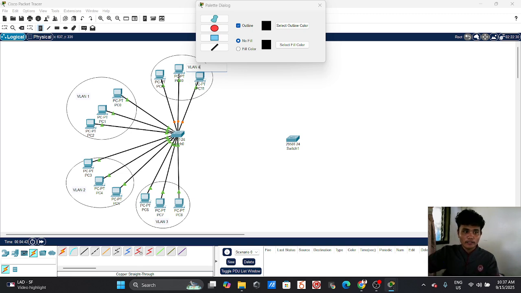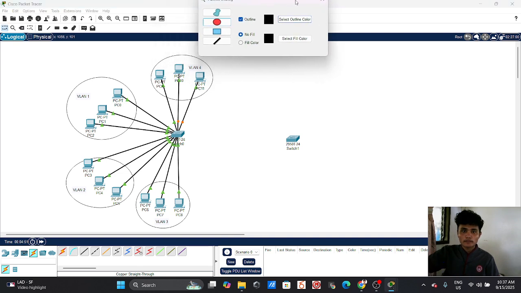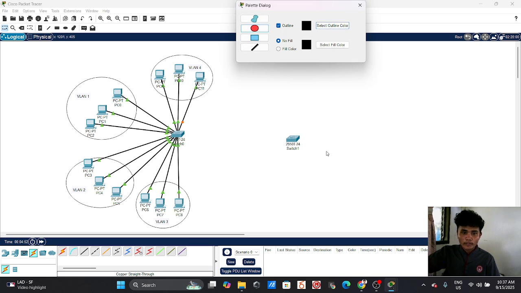VLAN 4. So next I will do the 4 VLANs in switch 2.